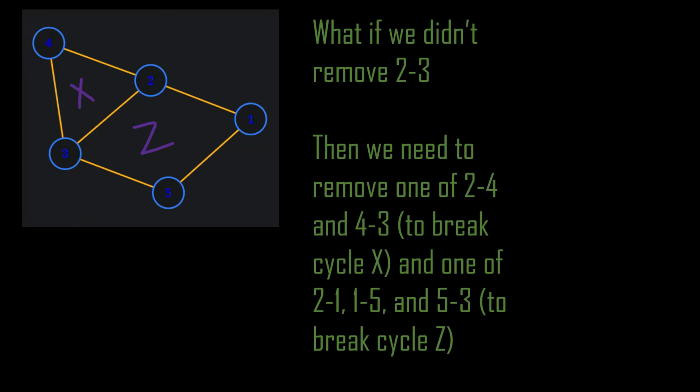But what if we didn't remove it? Then we need to remove one of 2, 4 or 4, 3 to break the cycle X, and one of 2, 1, 5, 1 or 5, 3 to break cycle Z, and we'll get different spanning trees. So that means spanning trees are not unique, there's not a single spanning tree for every graph. There can be many, and this particular fact leads us to